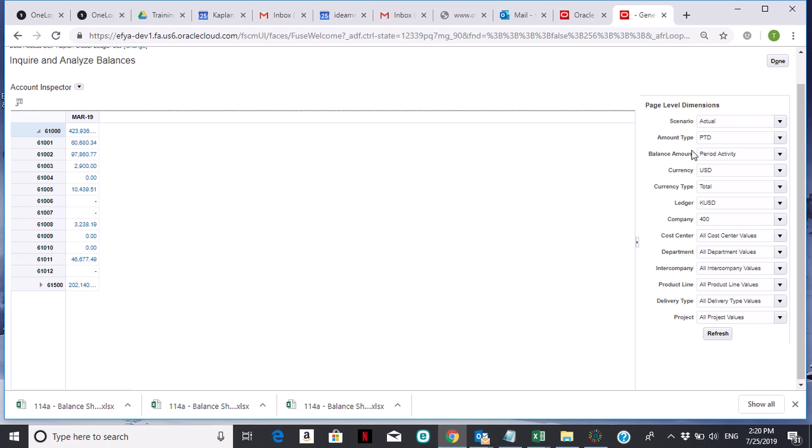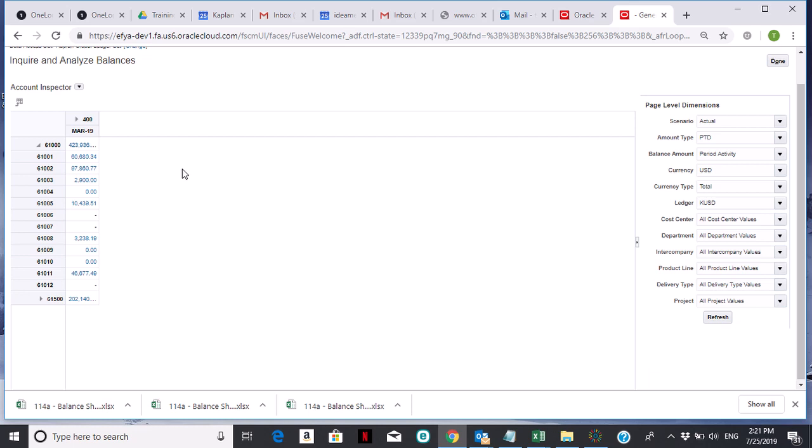And the other thing you can do is pull any of these dimensions over to either the rows or the columns. The one thing to keep in mind here is you must have at least one value in the row and one value in the column. So you can't pull anything out. You have to pull it in first and then pull it out. So if I wanted, let's say, the company in the column, I could take this and drag it into the column. And now I have company and